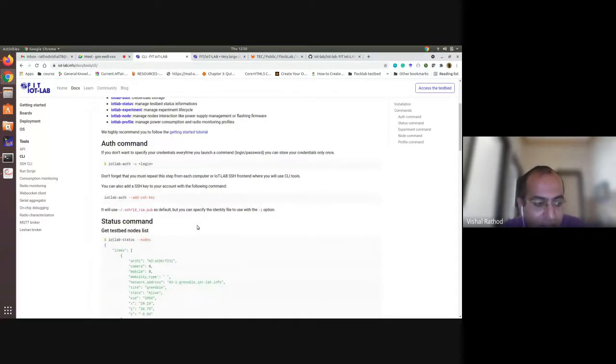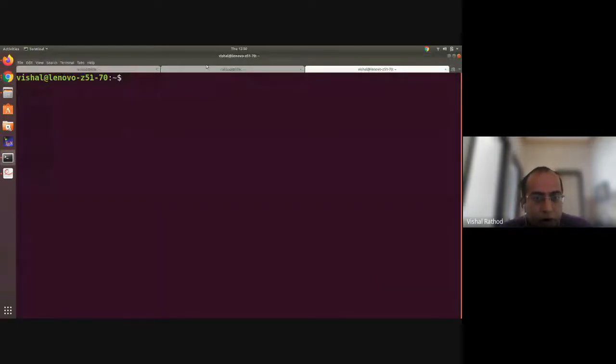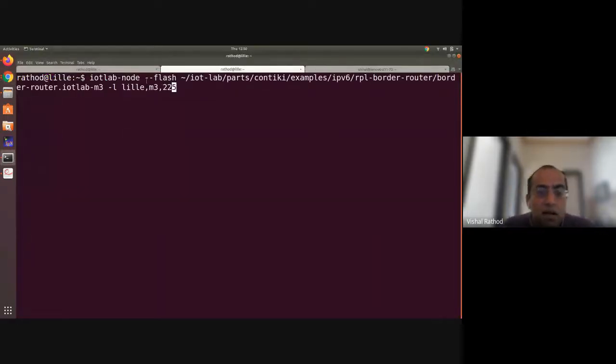So one of them I am using is iotlab-node. Before, it was the update option, but now they use the flash command, --flash. Then this is the path. As you can see, the IPv6 border router, the same binary, then linked to the particular node at the particular site.